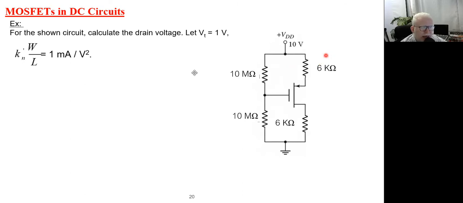Okay, so we will start with examples. Of course, whenever it's circuits, it's more logical to do it with examples rather than to illustrate theory. So this is our example. We have a circuit that looks like this. We have a voltage source, VDD, of 10 volts. These are two equal resistances of 10 megaohm. This is a 6 kiloohm resistance, and another 6 kiloohm resistance. This is our source, this is our drain, and this is our gate. As you can see, what is required is to calculate the drain voltage, VD, and the